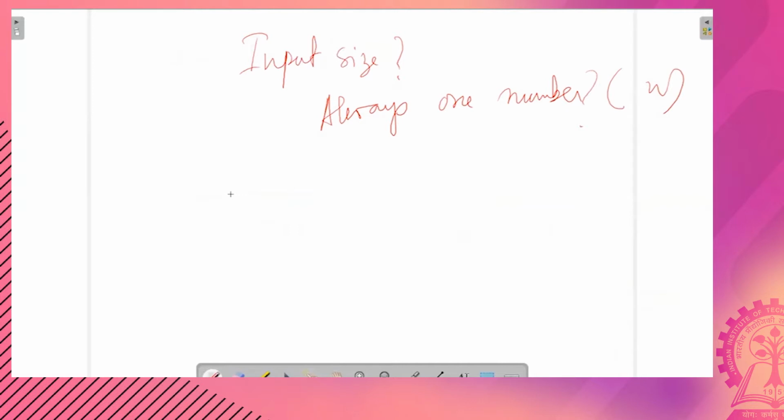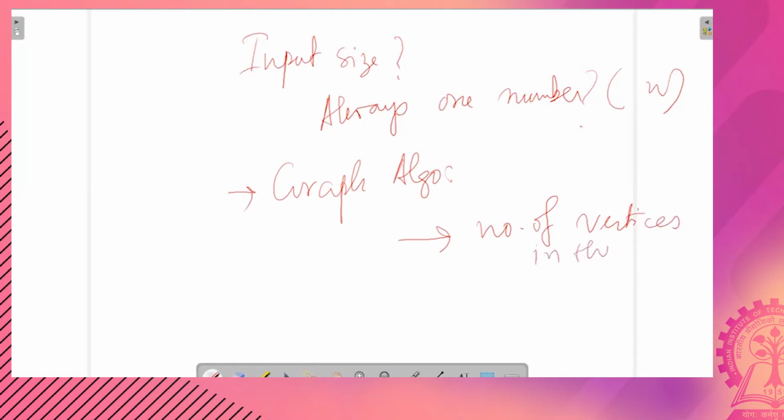For instance, when later on we study graph algorithms, we will see that there are at least 2 different input sizes: the number of vertices in the graph as well as the number of edges in the graph.